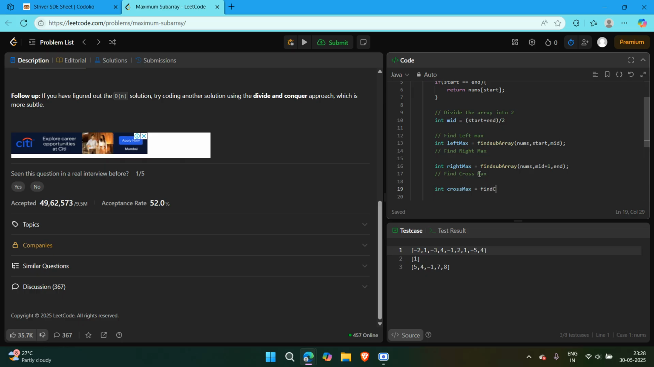Find cross. I'm passing nums, start, mid, end. So this 3 will give us the result. This 3 will have some values. So once it's done,